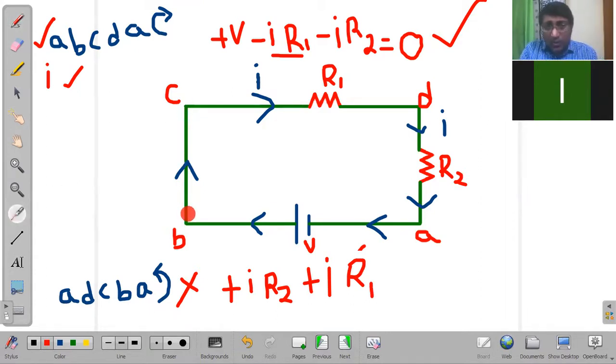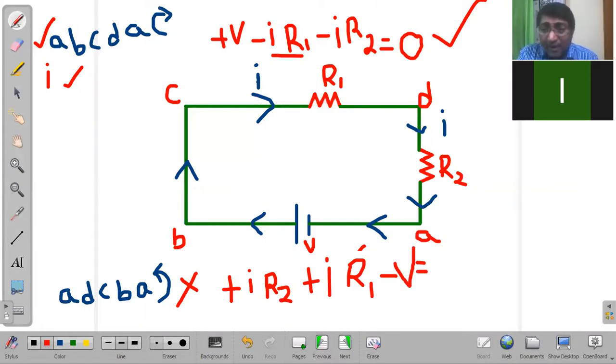Next, check out the next one. C to B, there are no electric components, so we are ignoring C to B. Now please observe B to A. When I am traveling from B to A, I don't have to worry about the electric current's direction. The reason is the battery does not have a formula for IR. We use only V for the battery. So all we have to decide is whether it is plus V or minus V. When you're traveling from B to A, clearly observe the potential is decreasing. From high potential to low potential, your potential is decreasing. So that's the reason you have to take it as minus V.